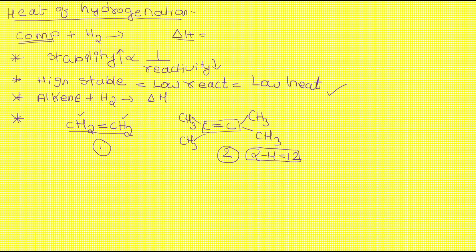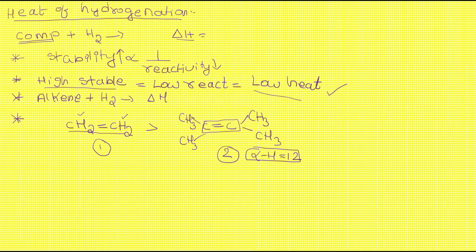The second example will be highly stable, so it can have a low heat of hydrogenation. The first compound is less stable, hence it has a high heat of hydrogenation. Obviously, the order is: first compound greater than second compound in terms of heat of hydrogenation. Simple. So, in an examination, if an example has been given with high heat and low heat, if they ask,